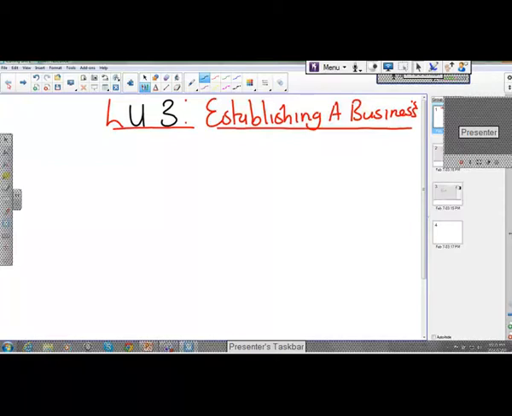Each and every country, once again, has its own rules and regulations regarding the different types of businesses that one can register. In other words, when we are talking of establishing a business, we are talking of registering your business, making sure that your business is registered legally according to the rules and regulations governing the starting up of businesses in your country. In South Africa, there is the Company Act. It guides us regarding the forms of business ownership that one can have.